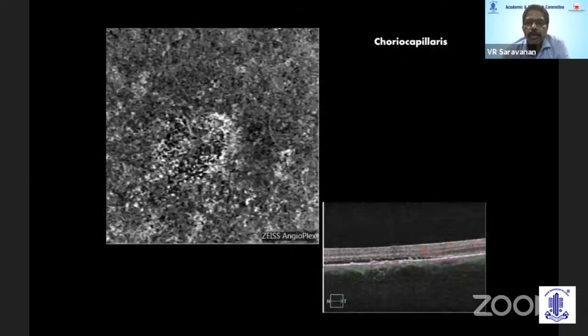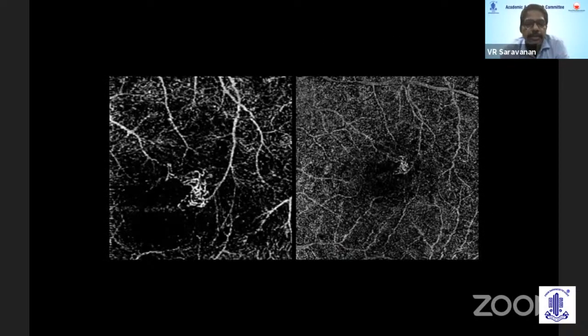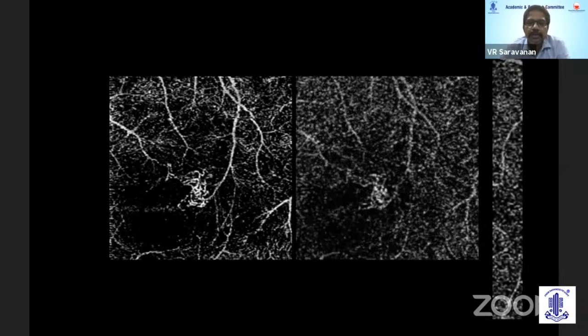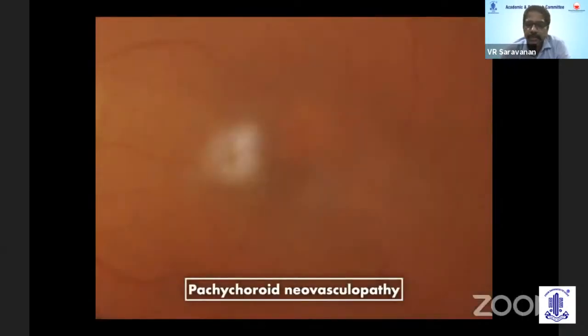There were some changes in the choriocapillaris as well, but this area just shows the importance of doing a 3mm scan compared to the 6mm scan. The 6mm scan, the first one we did, was not very clear. You just see a few hyperreflective areas, but when you do the 3mm scan, you can clearly delineate the network. I am stressing the importance of doing a 3mm scan to visualize smaller vessels. When you enlarge a 6mm scan, you don't see that much clarity, but a 3mm scan really helps to visualize. And we tried to superimpose this.